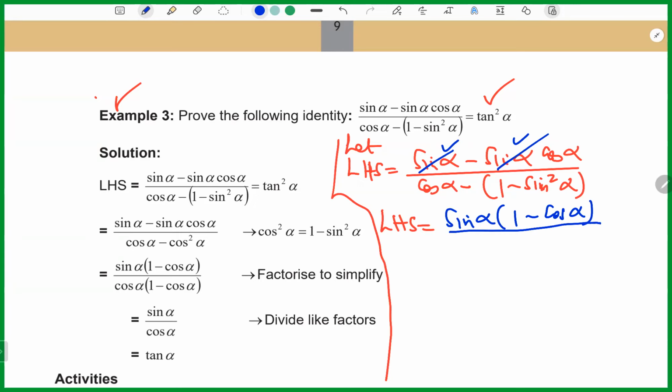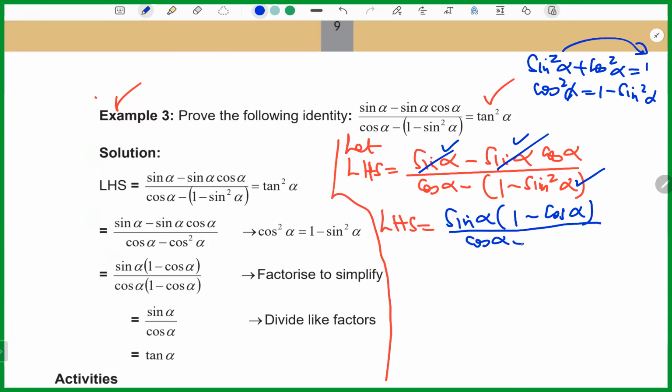Next, we deal with the denominator. It doesn't obviously look as if there is a clear common factor, but we know that sine squared alpha plus cosine squared alpha is always 1. We transpose this, which means cosine squared alpha is 1 minus sine squared alpha, which is the same as cosine alpha times cosine alpha. This is the left-hand side, which is the sine of alpha into 1 minus that,